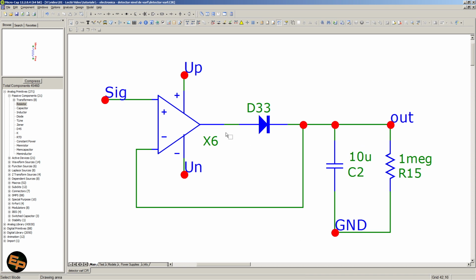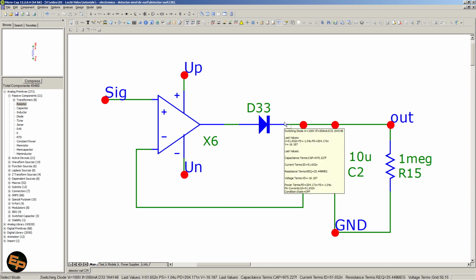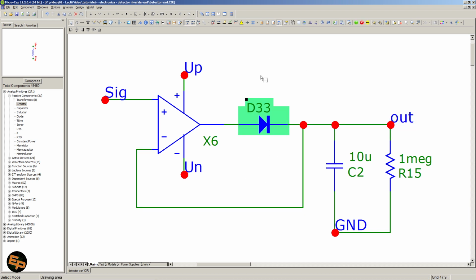And the idea is that when the voltage on the capacitor is lower than the input voltage, then the op-amp will engage, so to speak. It will polarize this diode. It will open this diode, which will charge this capacitor up to the voltage that is the input signal. When the input signal falls below